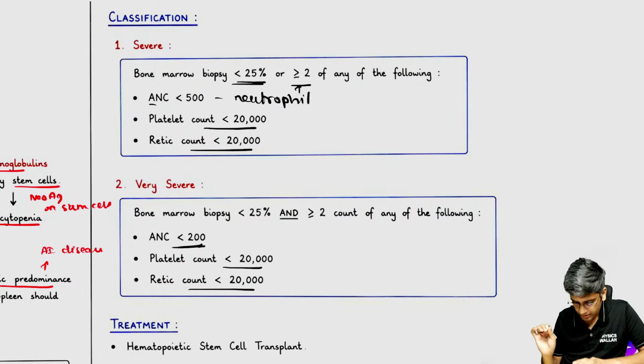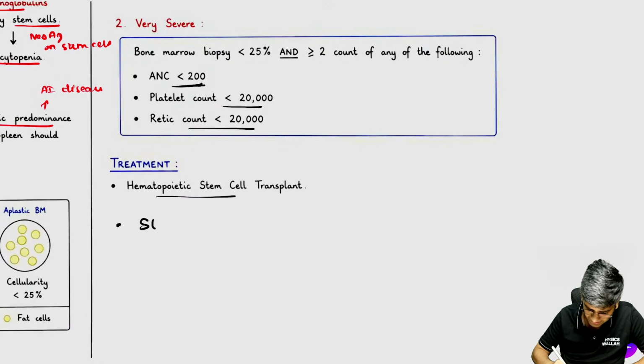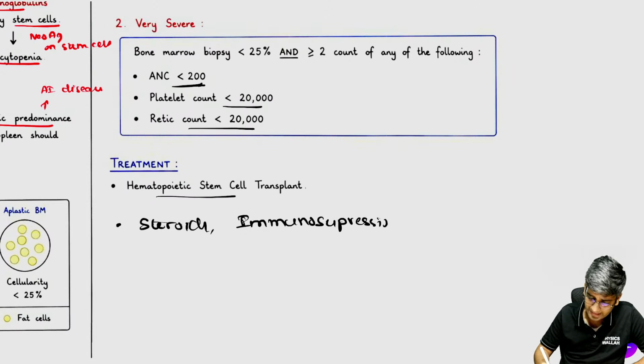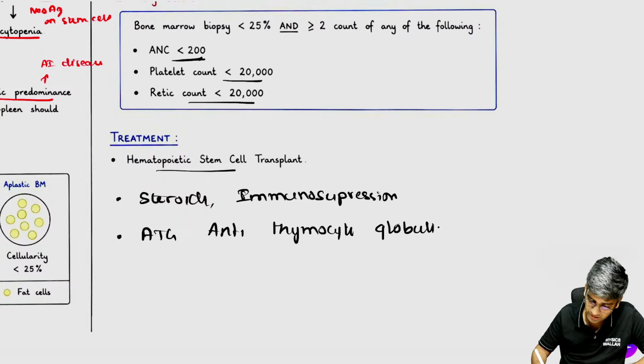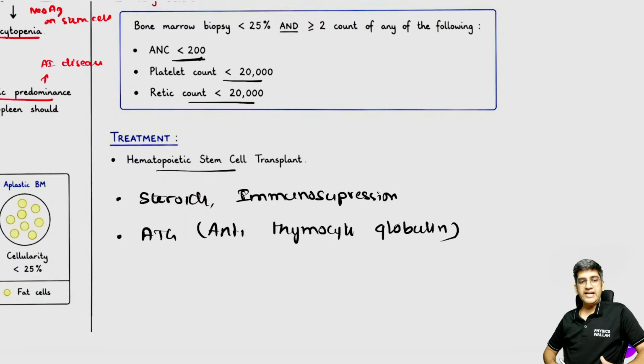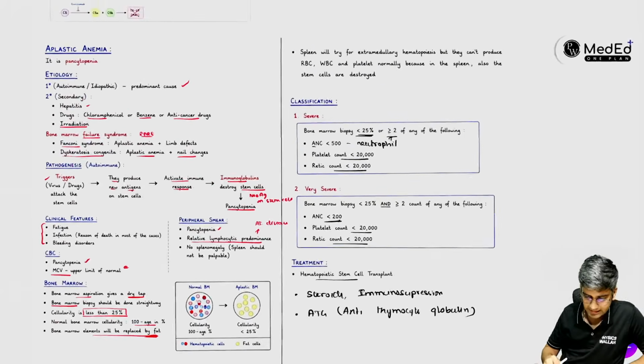How do we treat? We give hematopoietic stem cell transplant. That's the best one. We try lots of them. We can give steroids. Might work, might not work. We give immunotherapy, immunosuppression. You know, lots of immunosuppression drugs, right? Azathioprine, lots of them. Might work, might not work. There's one more important thing called ATG, anti-thymocyte globulin. They have worked in quite a few patients. That may also help here in case of an aplastic anemia. The final resort by default is hematopoietic stem cell transplant in case of an aplastic anemia, right? Okay, that's the last one.